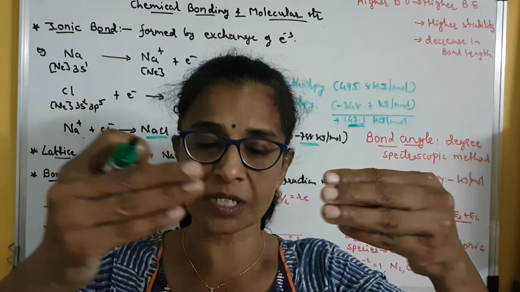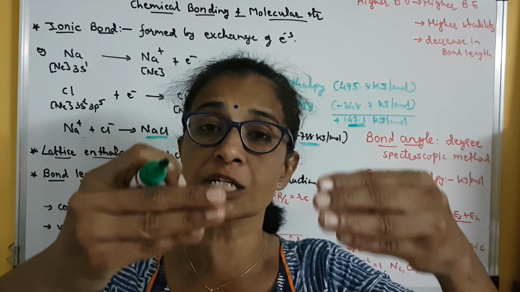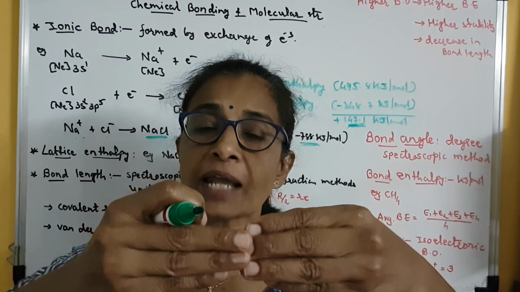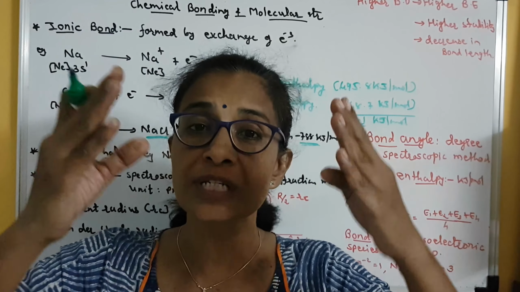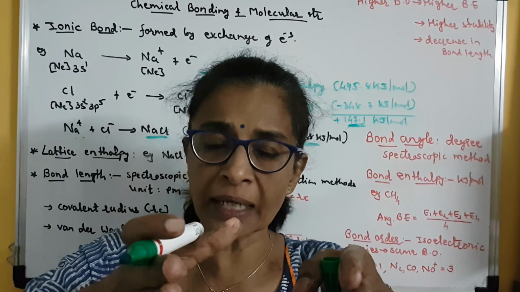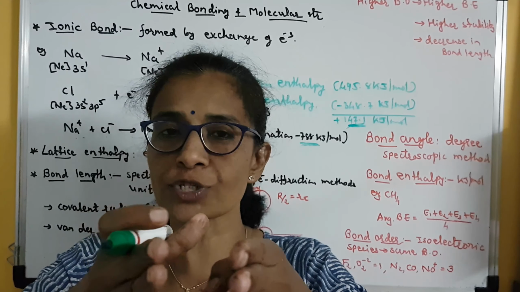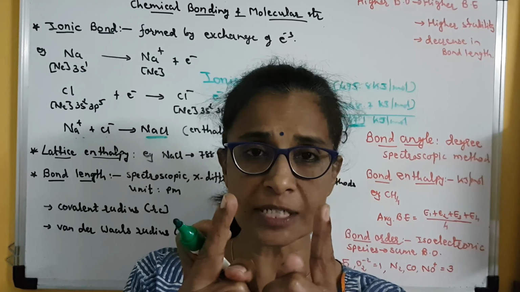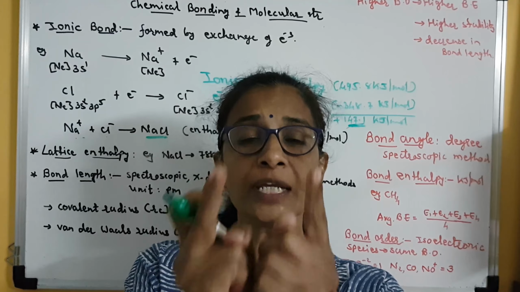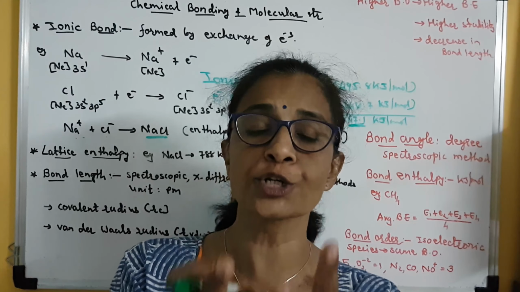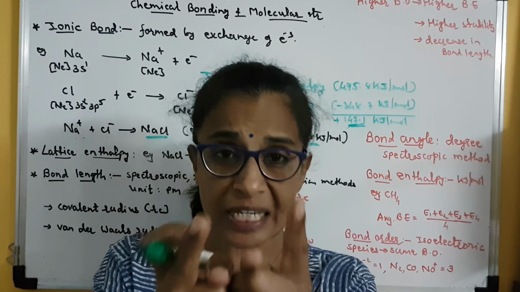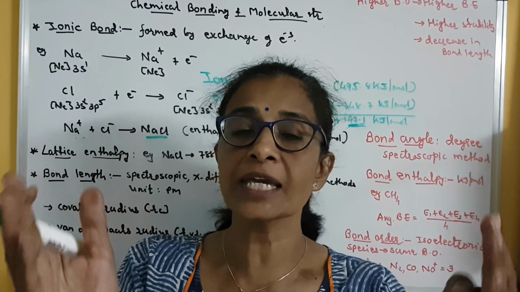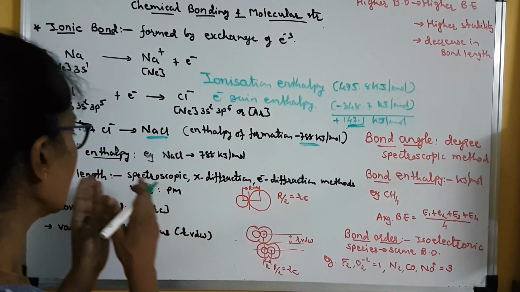When two atoms approach each other, it is due to the attraction between them. But when they approach each other, there will be repulsion also. So it is the equilibrium distance when these attractive and repulsive forces balance each other. Clear? So at that equilibrium distance, two atoms will unite permanently to form a molecule. So this equilibrium distance between the two bonded nuclei is known as bond length.